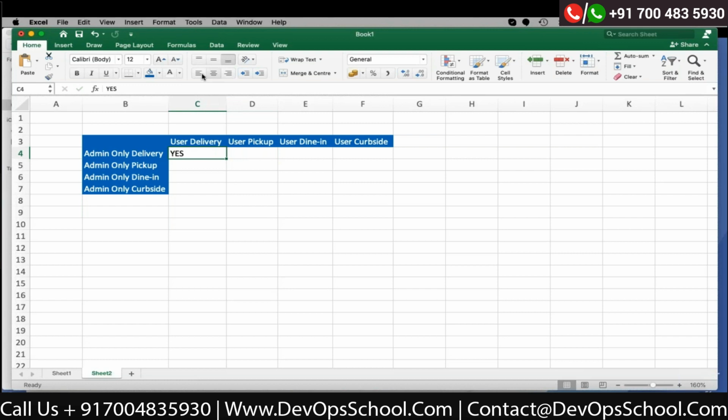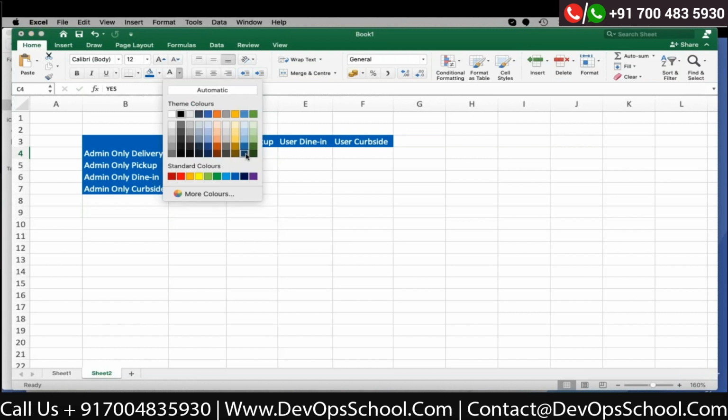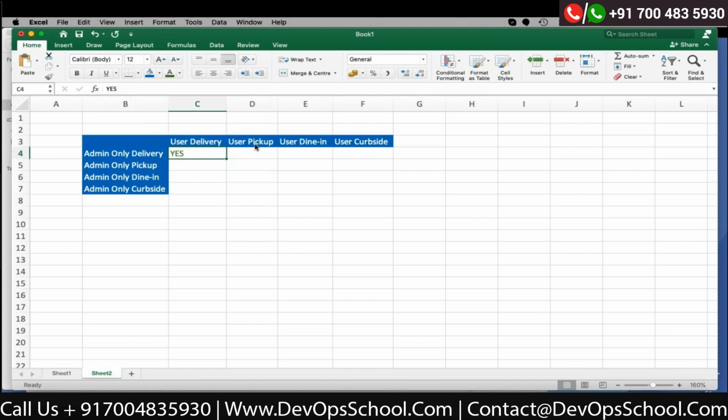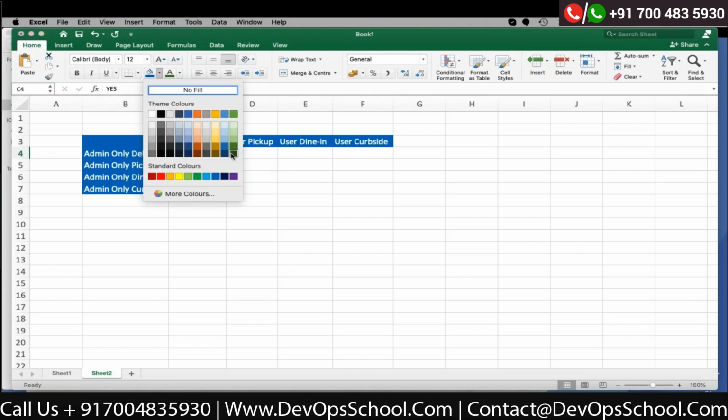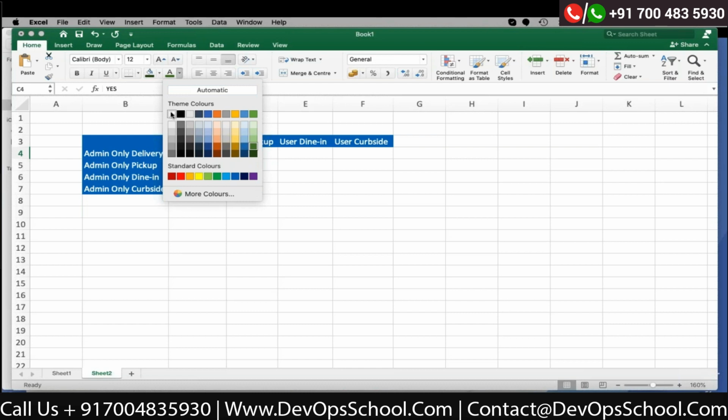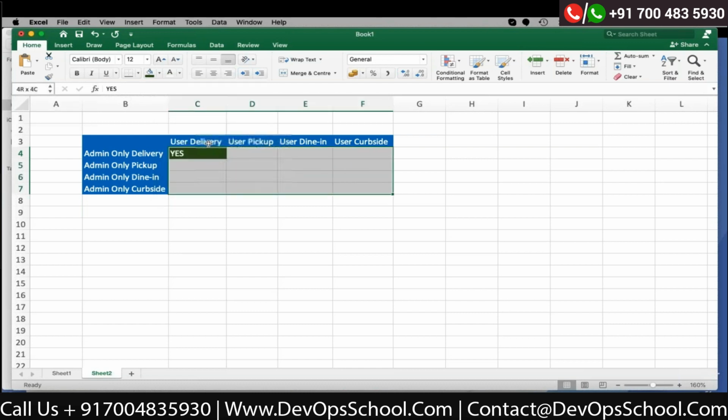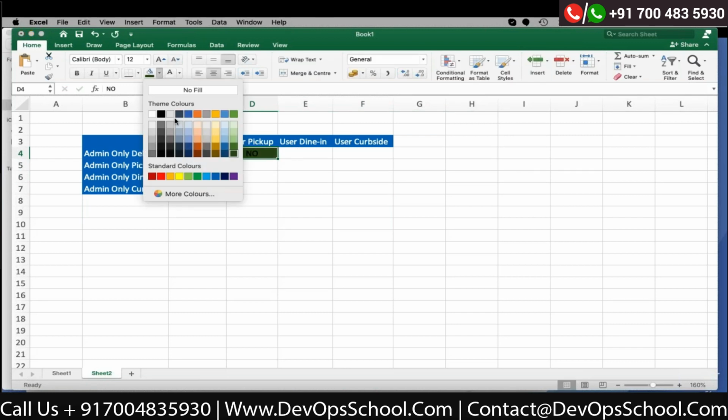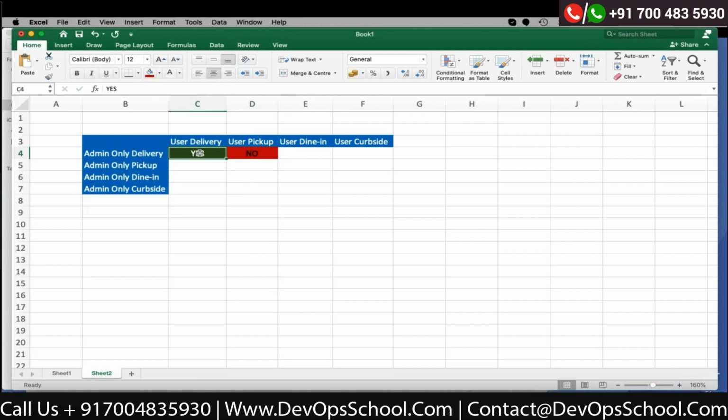Here, if it is no, the font is white, so I'll select red. If I select only admin, I cannot see these things, right?